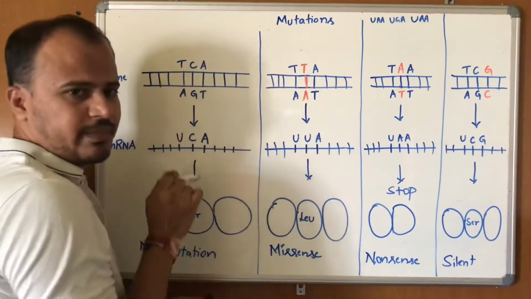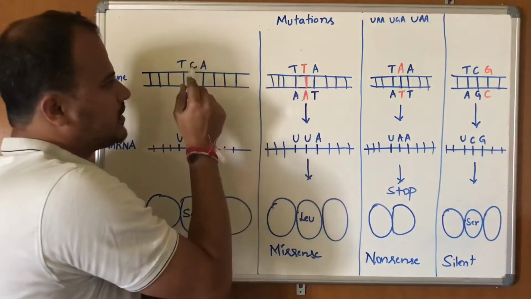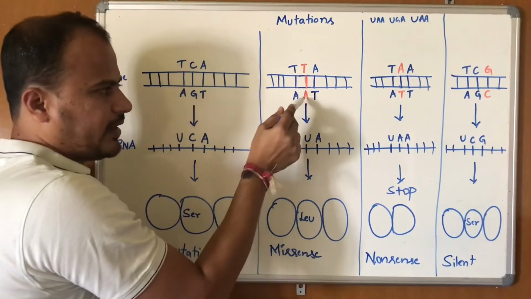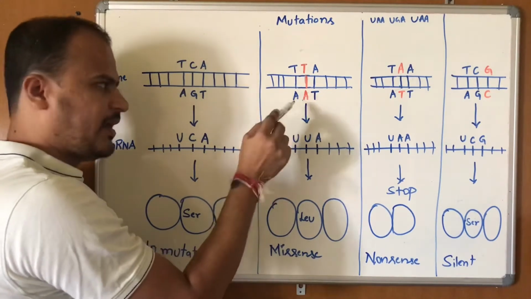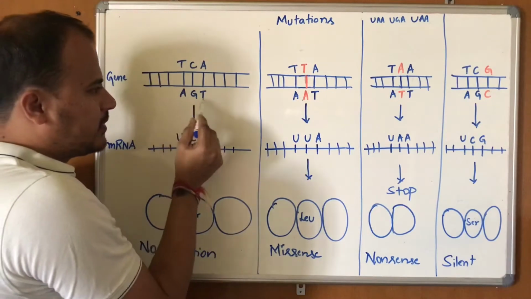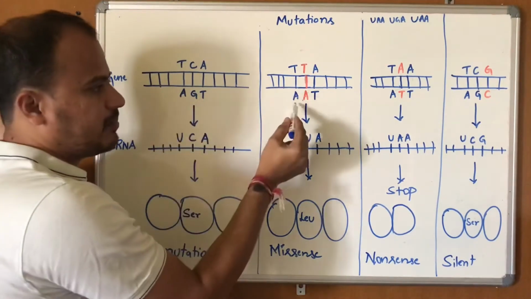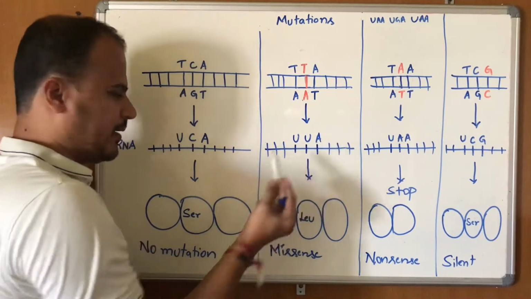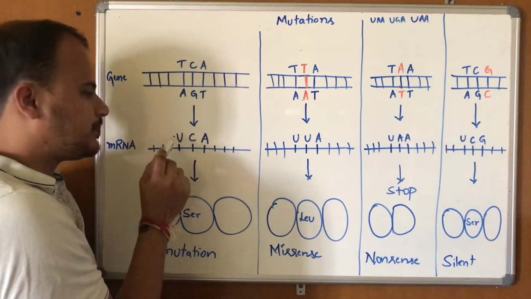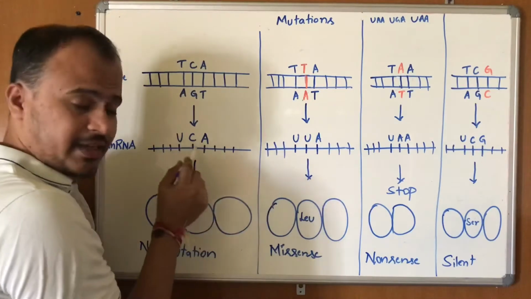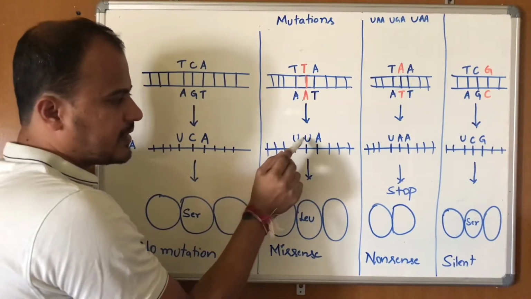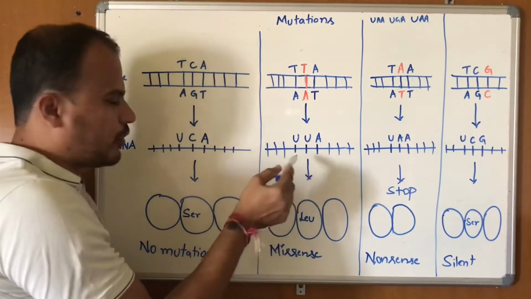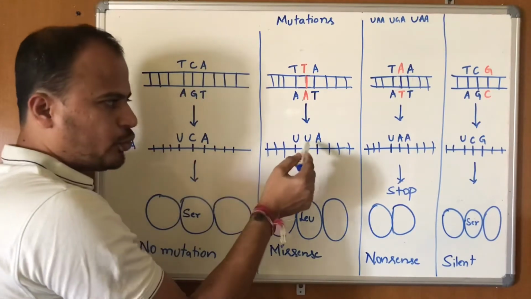So it is a kind of base substitution mutation where the C is replaced by T, and since there is the involvement of T, correspondingly A is added to the other strand of the DNA. So before the reading frame had AGT, but now it is AAT. AAT gives rise to the mRNA UUA. Before, it is supposed to get UCA as the codon when there is no mutation. During this mutation, there is an incorporation of the new base, that is uracil nucleotide. So the codon is UUA.